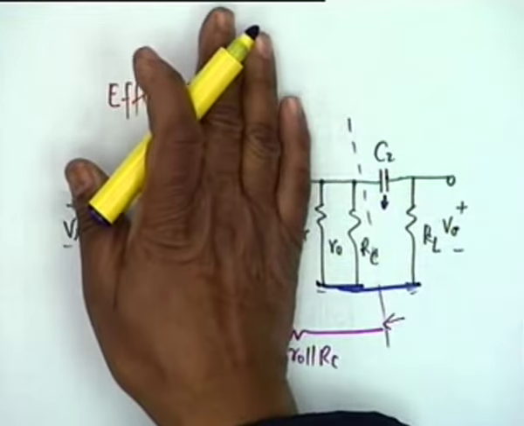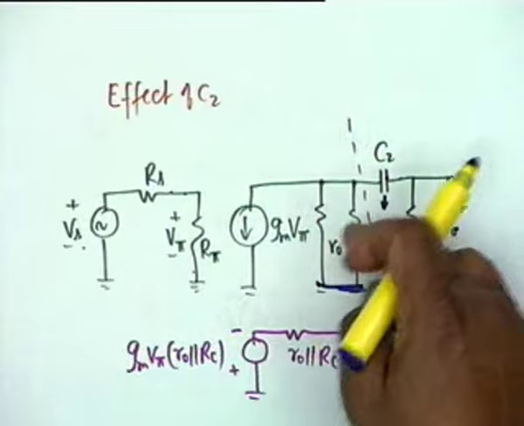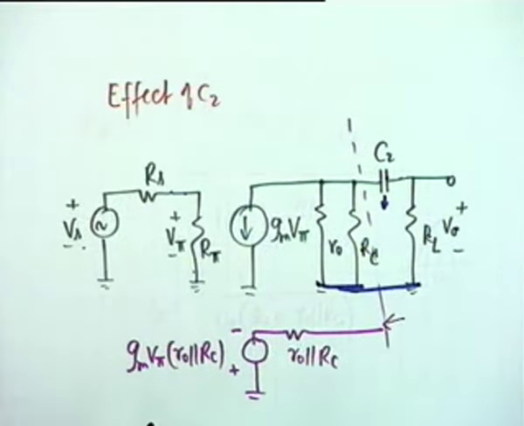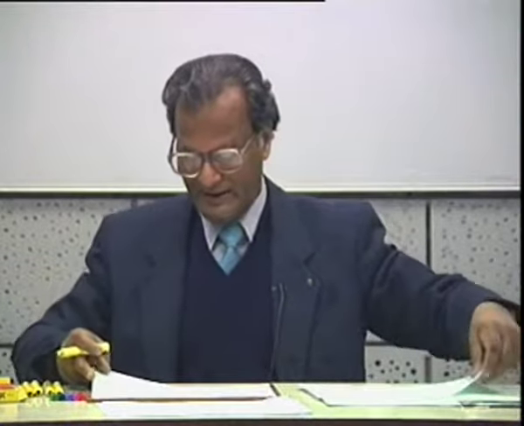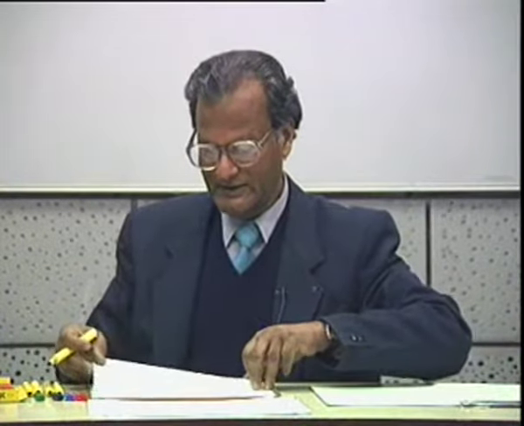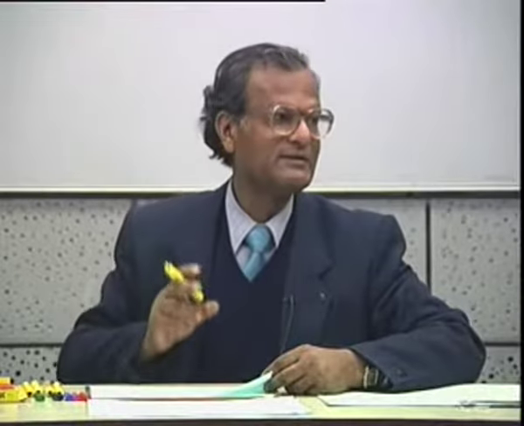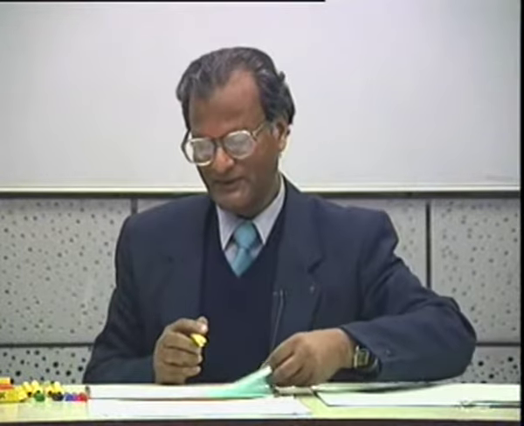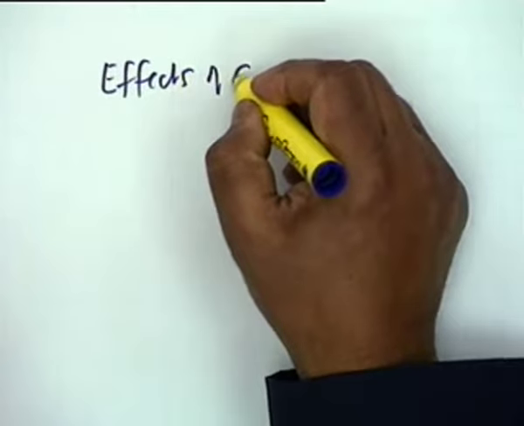What C2 sees is, this is open, this is open, so what C2 sees is RL plus R0 parallel RC. Same story. Okay, so this is another interesting and important observation which we shall utilize at a later time. That is, this cutoff frequency is contributed by C2 along with what Thevenin resistance it sees across it. And now if I combine C1 and C2 together,